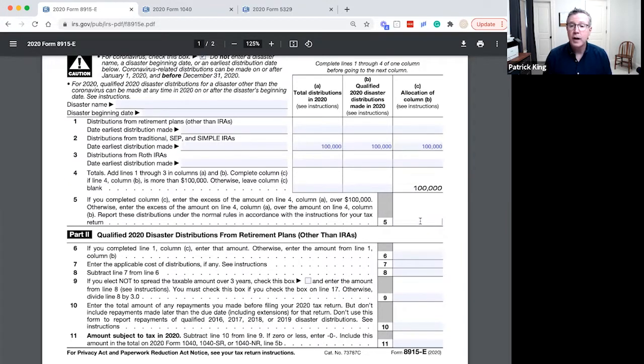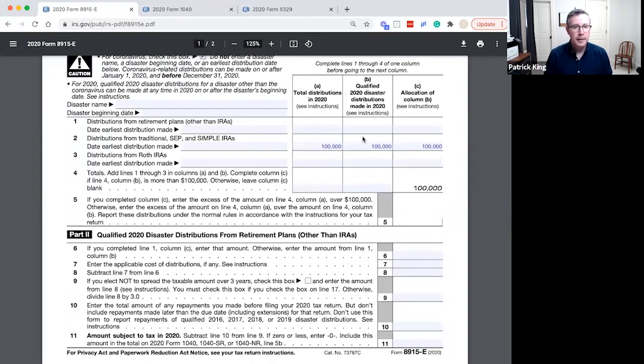So there you go. If you took out more, you enter that in line number 5 right here. And of course, that does not qualify for all the special CARES Act stuff that you got: the spreading out of taxes, and then of course the 10% penalty for early withdrawals being waived. So once you've got part 1 filled out, which tells the IRS how much you took out, you go to